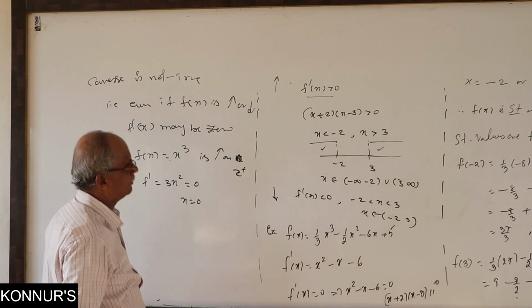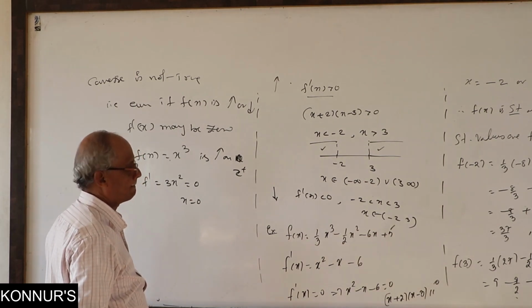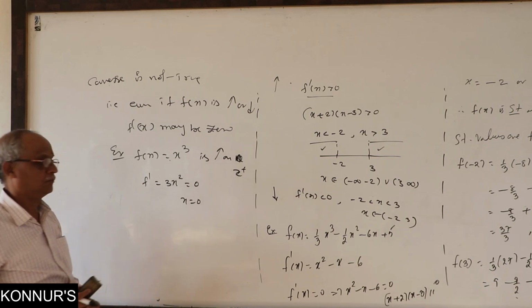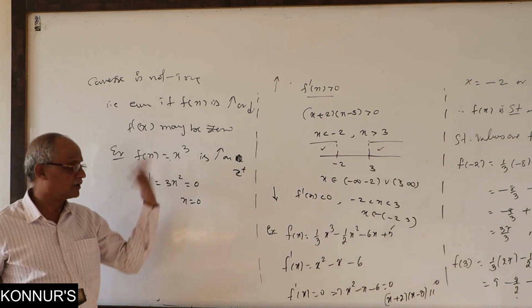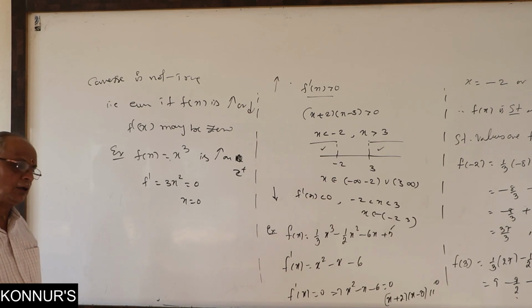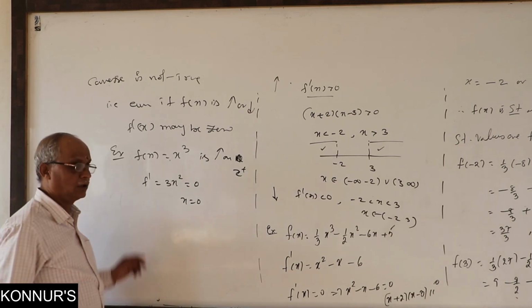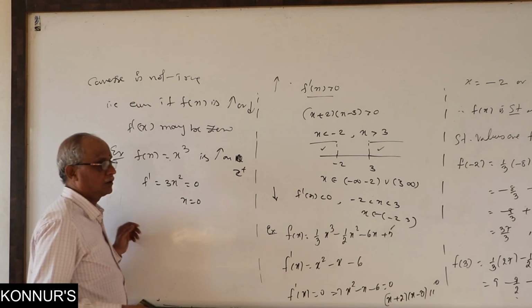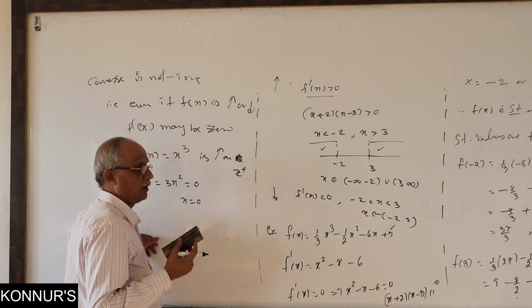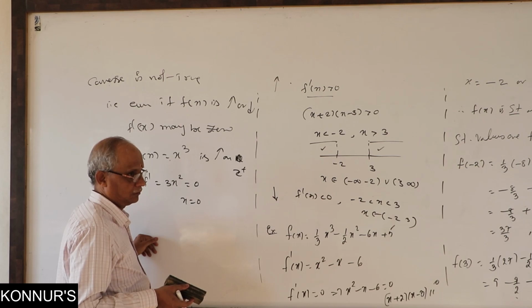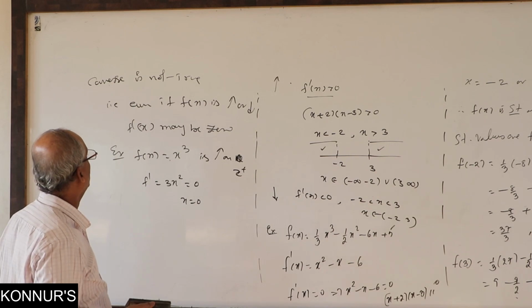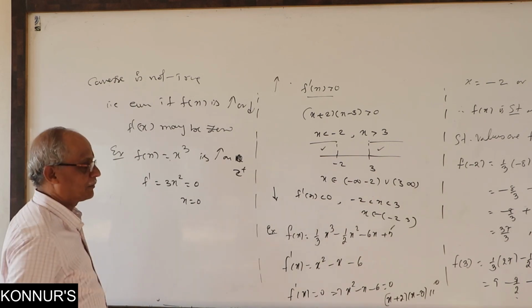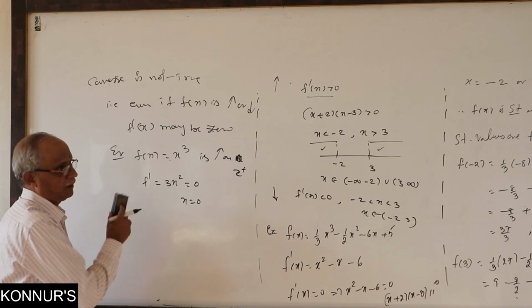So what we call here, it is not necessarily positive or negative. Even if it is 0, it can be increasing, otherwise decreasing. According to the domain, the function is increasing. You change the domain and it is decreasing. It shows that increase and decrease are never fixed. Sometimes it will not be positive or negative, it can be 0 also. That is why I am giving this, the first concept with an example, with the failure example.